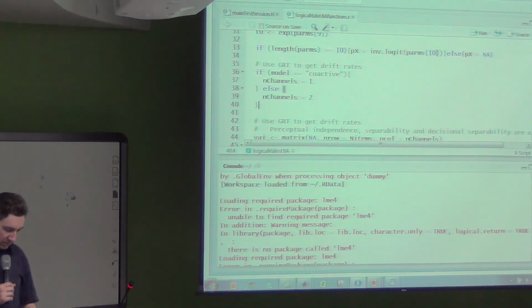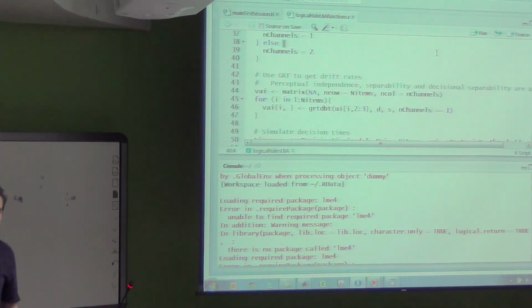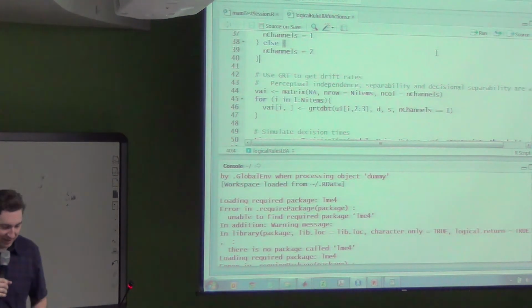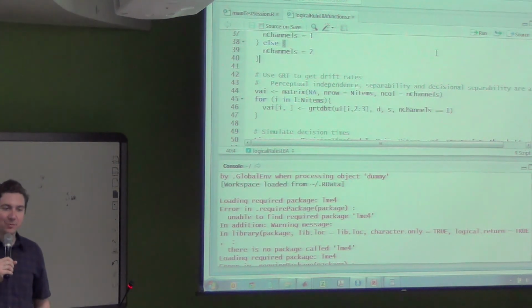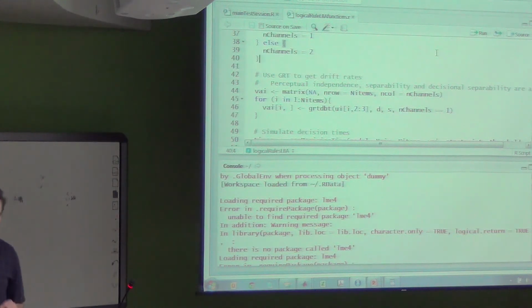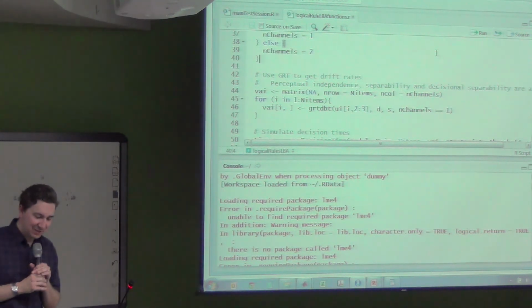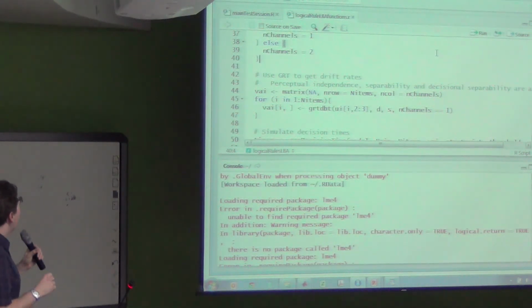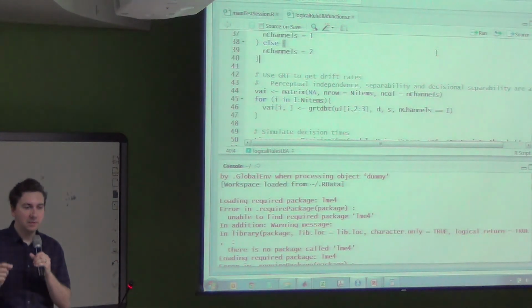What is VCI? VCI is one of the bugs that I corrected after I sent you the files last night. That's now become VAI here. That was a hangover from when I was thinking about these things in terms of corrects and errors rather than A's and B's. So I'll send you the new code, and some of that stuff will fit together a little better. The second question was, how do you fit the mixture model?